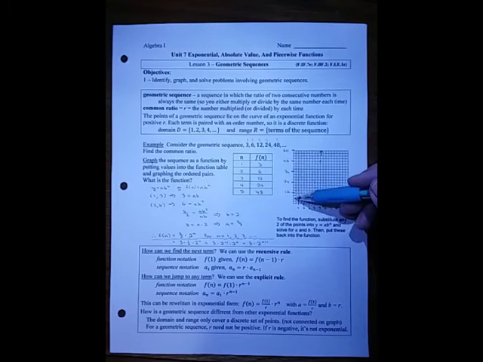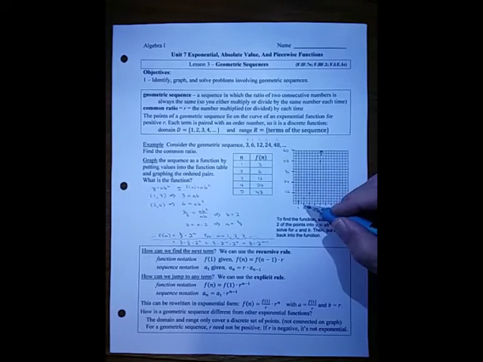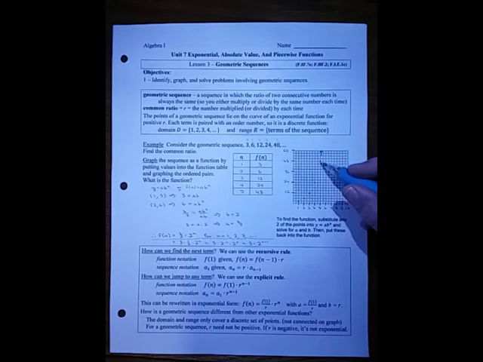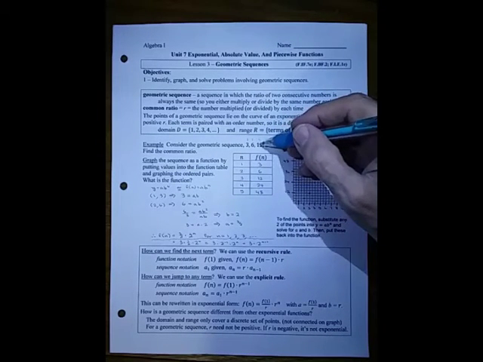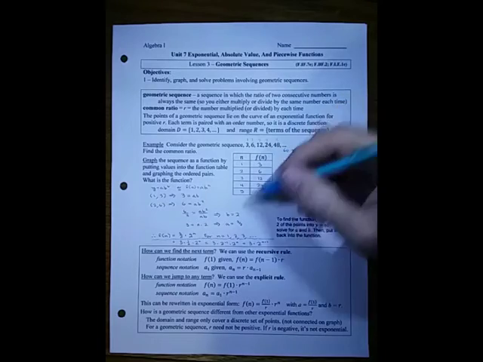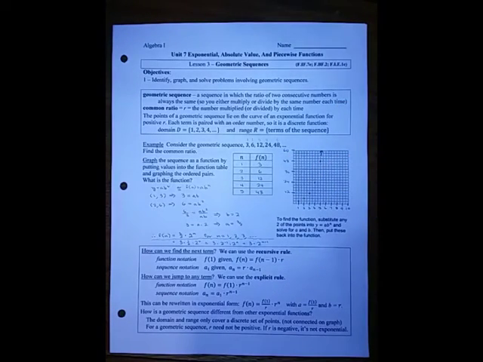I decided each 4 squares was 12, so each one was 3. That got me up to 60, so 1 was 3, 2 was 6, 3 was 12, 4 was twice that, or 24, and 5 doubled that again, that was 48. If we look, we are multiplying by 2 each time, so b would be equal to 2,